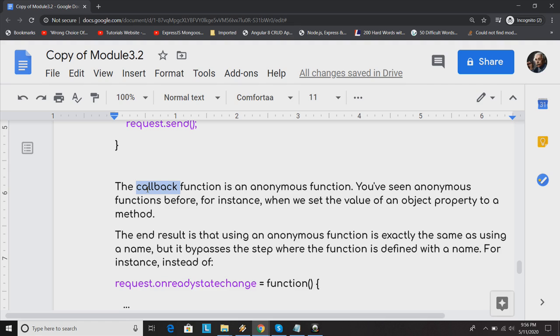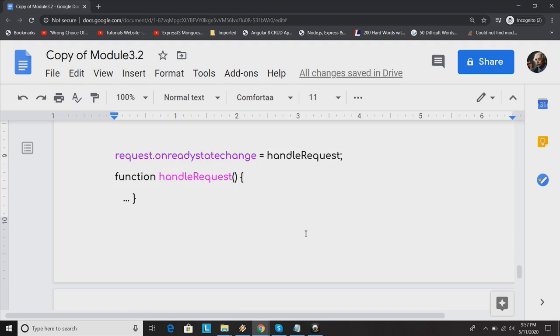You're sending a function something, and that function can take the value from me and also process the same thing for some other user. That is the feature of this callback. The end result is that using an anonymous function is exactly the same as using a named one, but it bypasses the step where the function is defined with a name. The same explanation as the water drinking example applies here. Moving on further,